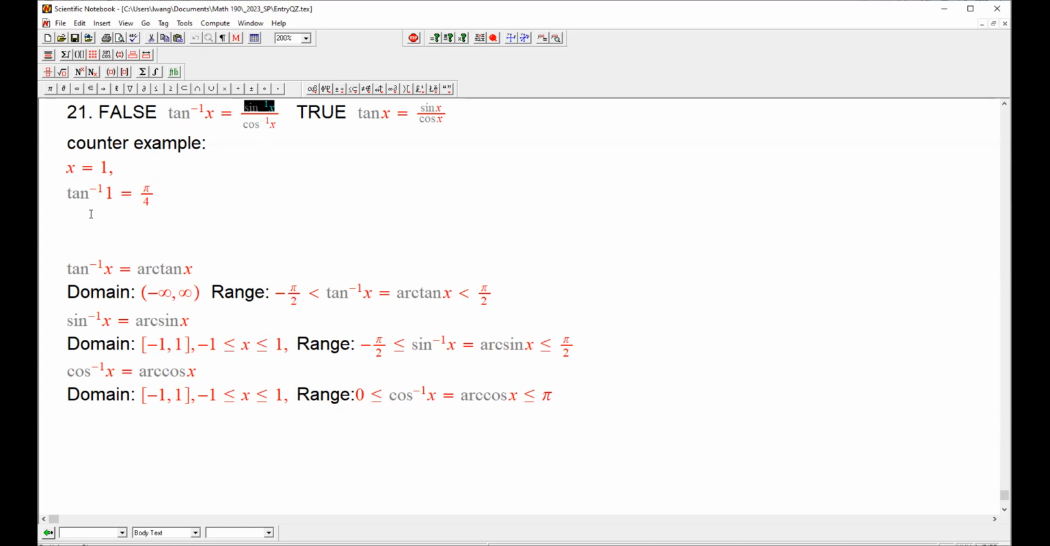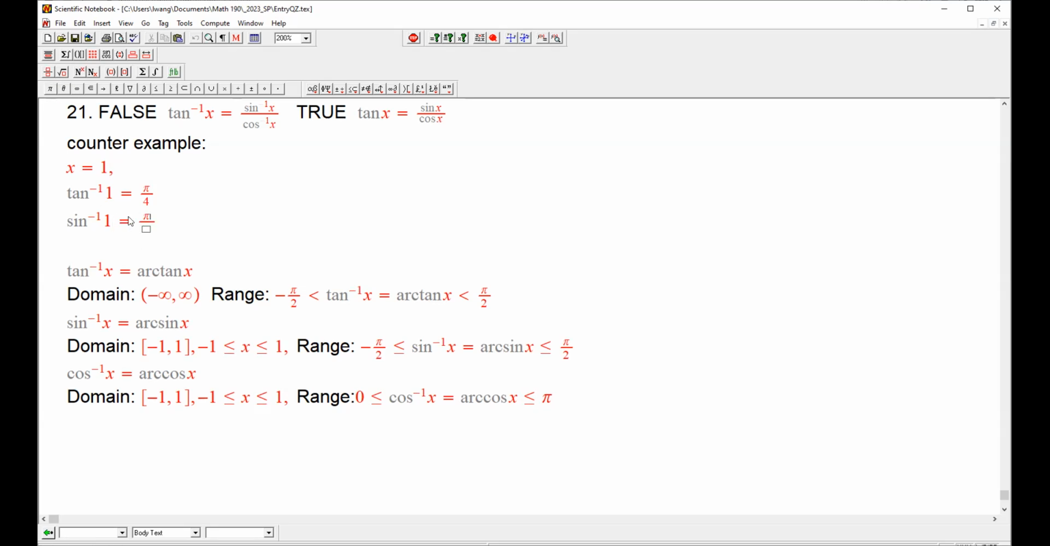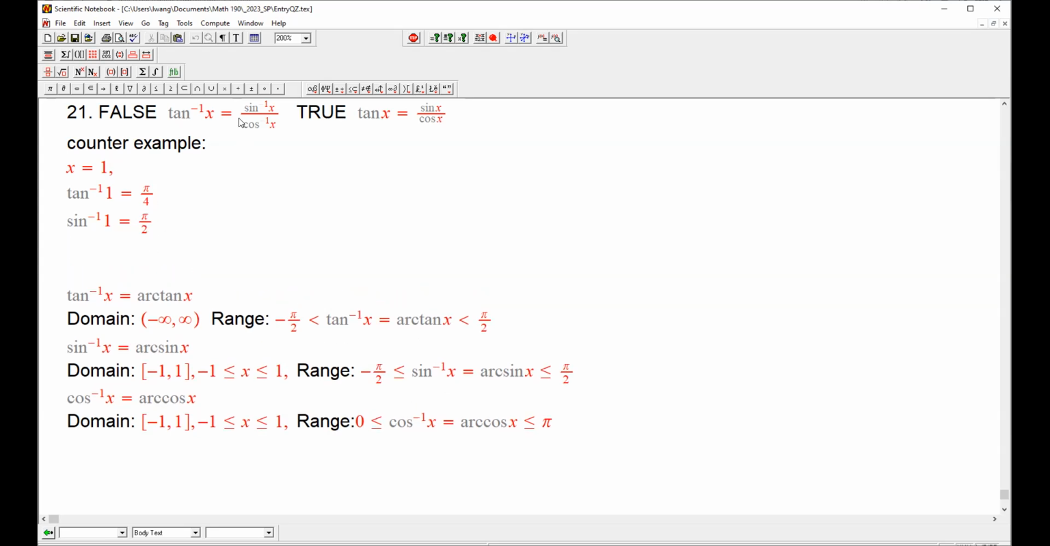Arctangent of 1, what would that be? Arcsine of 1, what would that be? It's π/2, right? And what's arc cosine of 1? Arc cosine of 1 equals what? It equals 0. And we are running into a problem because look at 1, it's going to cause